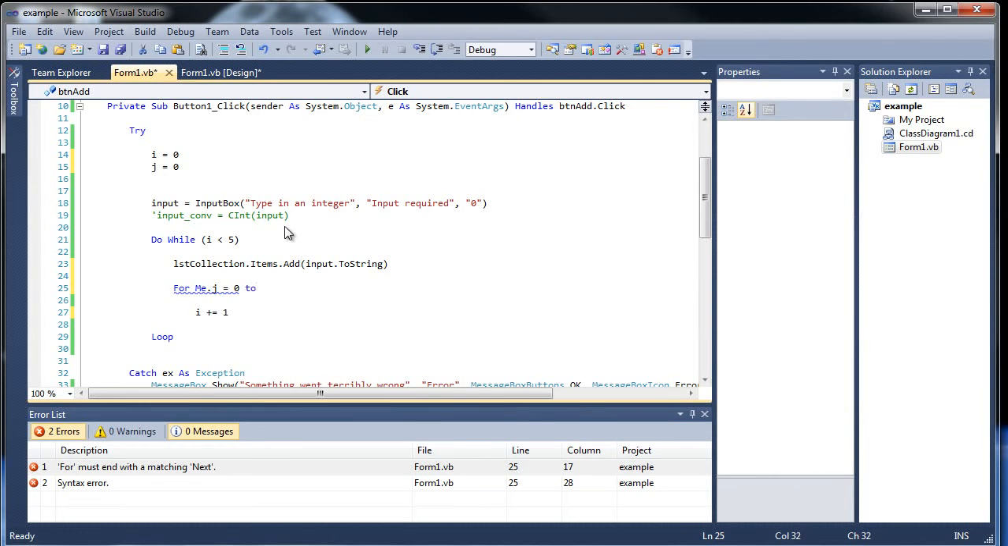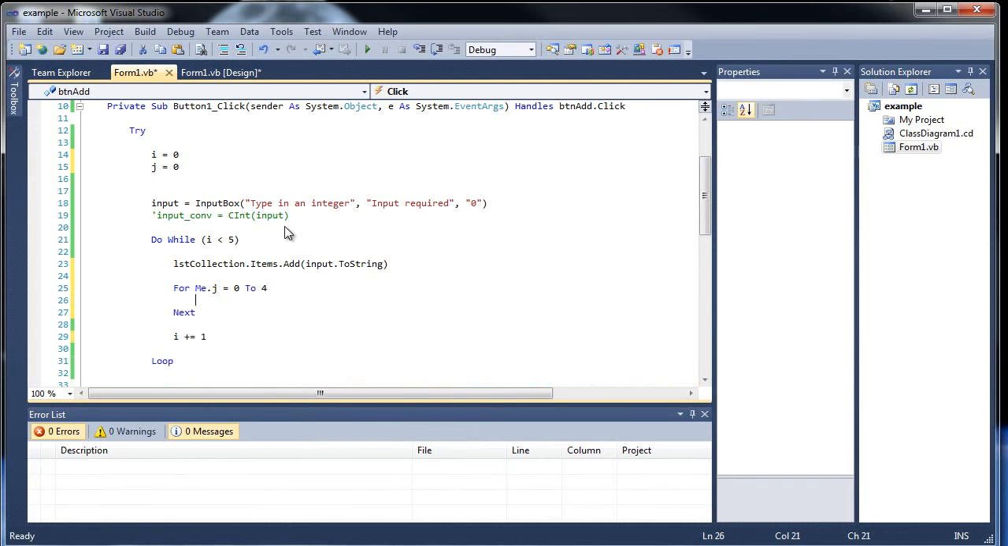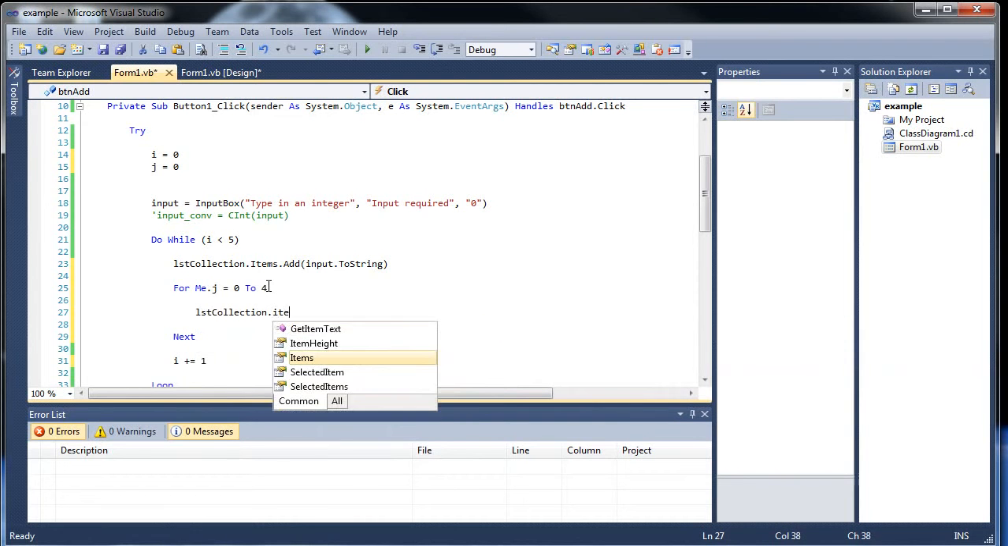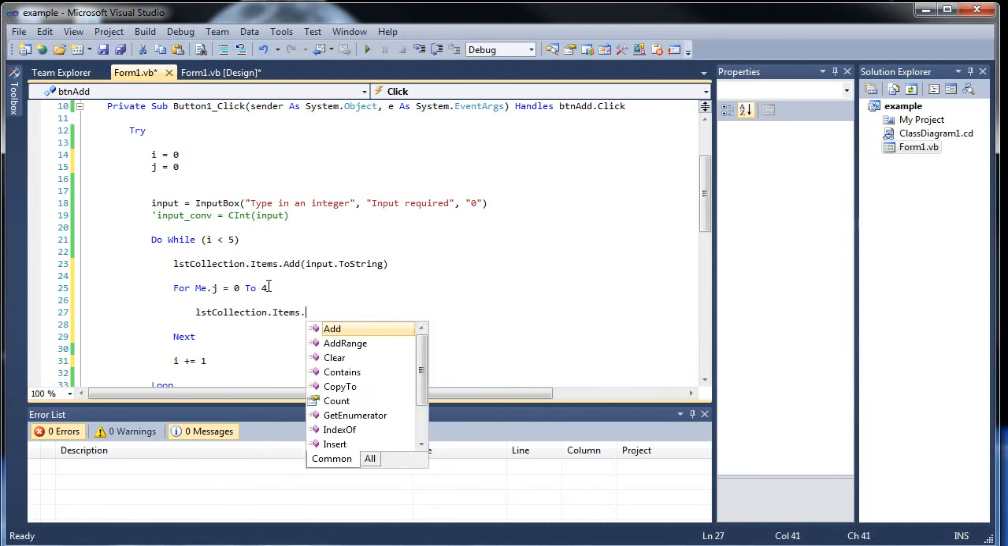And then let's see, how far do we want to go? Let's go to 4, because I only want this to happen 5 times, because 0, 1, 2, 3, 4, so that should be 5 times. And what should we have right in there? Let's throw in list, I hope my list is long enough, dot items dot add,